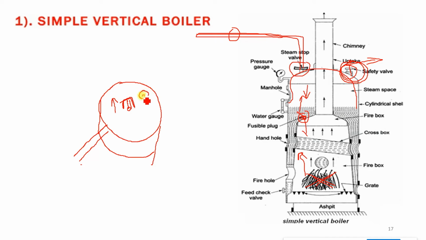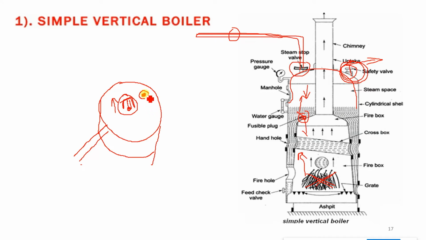This nut, this bolt is there, and at the center, if you see, it is made up of a different material. Outer portion is made up of aluminum, and inner portion is made up of a different material which melts at a particular temperature. If the temperature in the pressure cooker is very high and this safety valve is not working, if the safety valve is damaged or not working, or it has been stuck somewhere and it is not moving up, so what happens? Pressure cooker may burst.